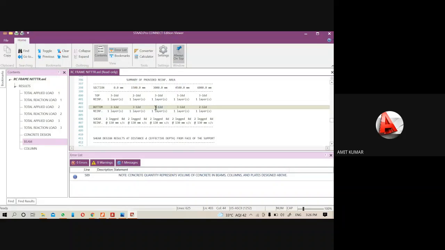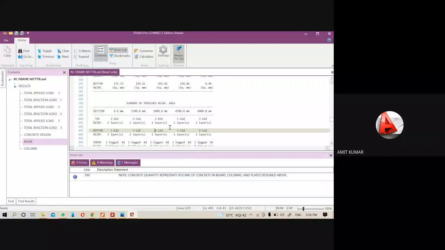The number of bars has increased, but in a real structure, most of the time we provide continuous bars, not like this: at the start point 3, then in the middle 5.